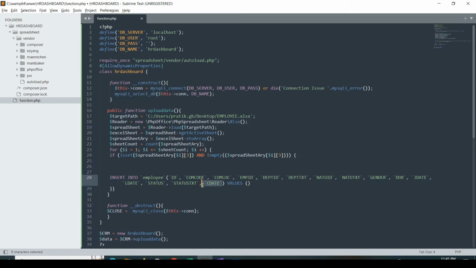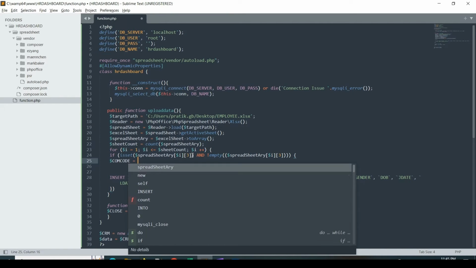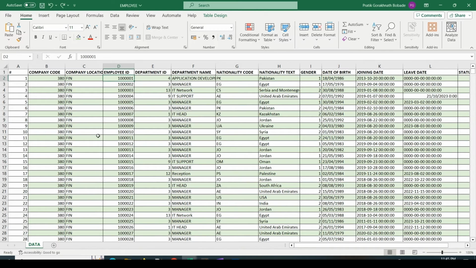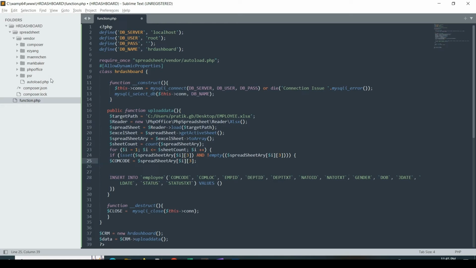Correct? We are not going to enter the date when the record is created, or the id. So we will create a variable here and pass our spreadsheet data. So this is company code. Company code exists at position one, so we will give 1. Then company location,